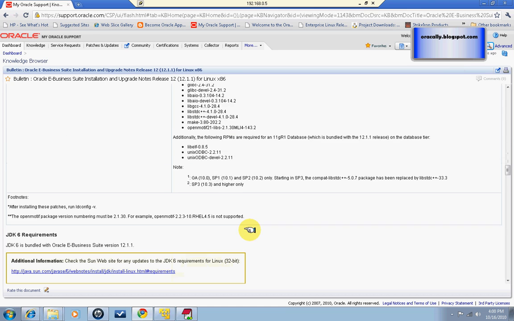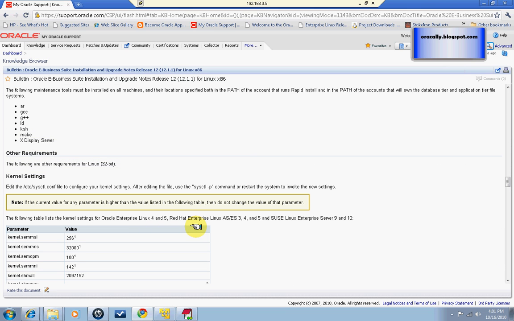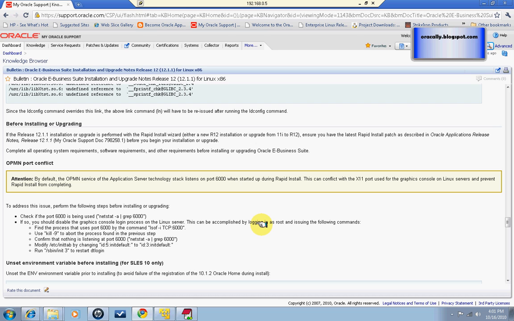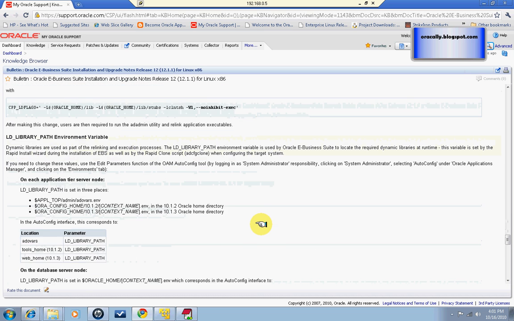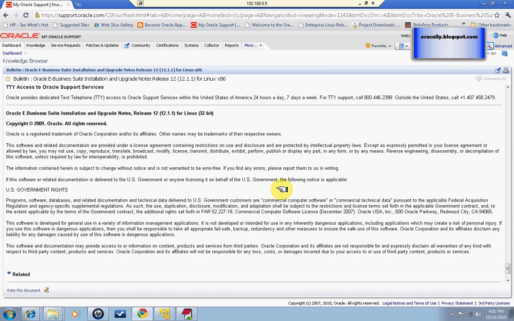In addition to that, you have to make sure that all the prerequisites mentioned in this document are applied to your OS before you start installing R12. It's very well explained. And once you have completed all the prerequisites mentioned in this document, the next step is to download R12 and install